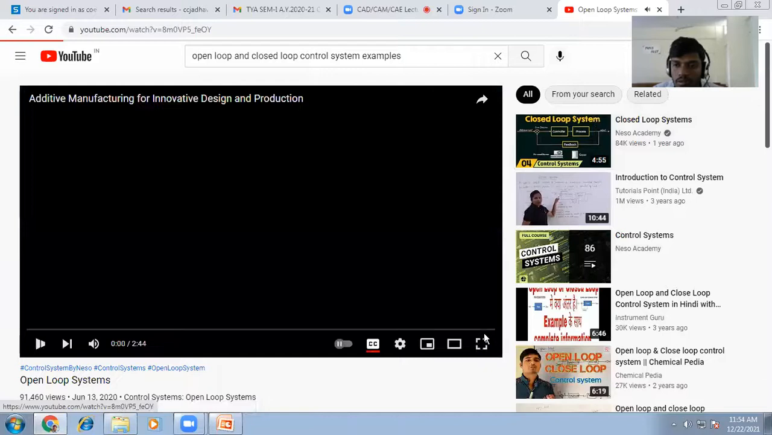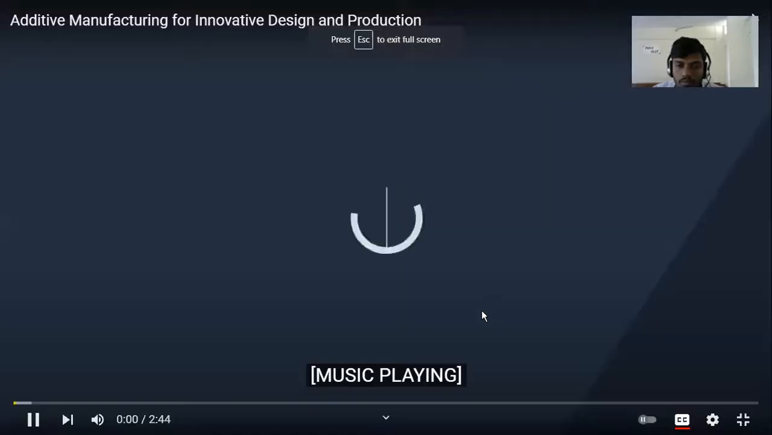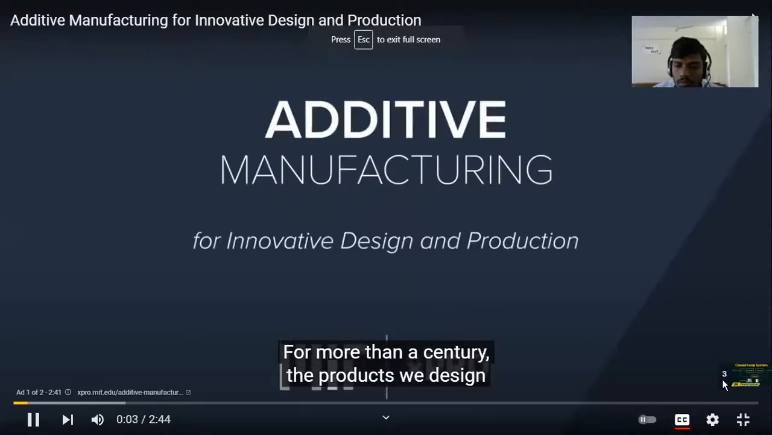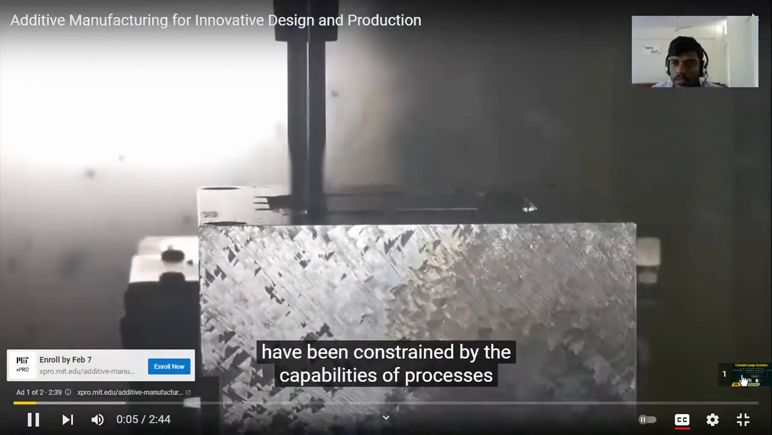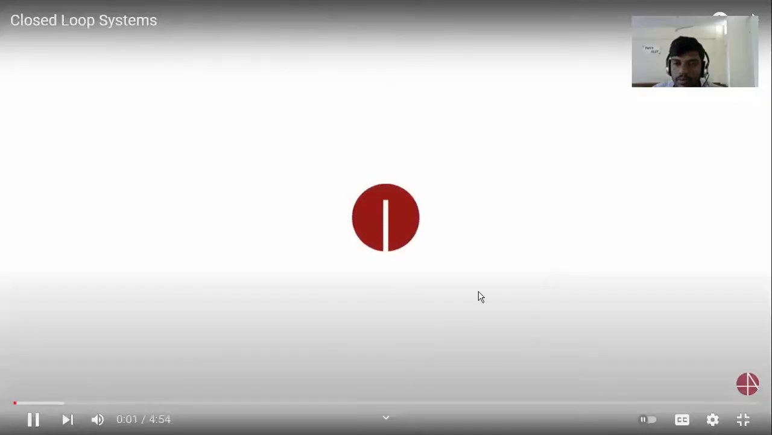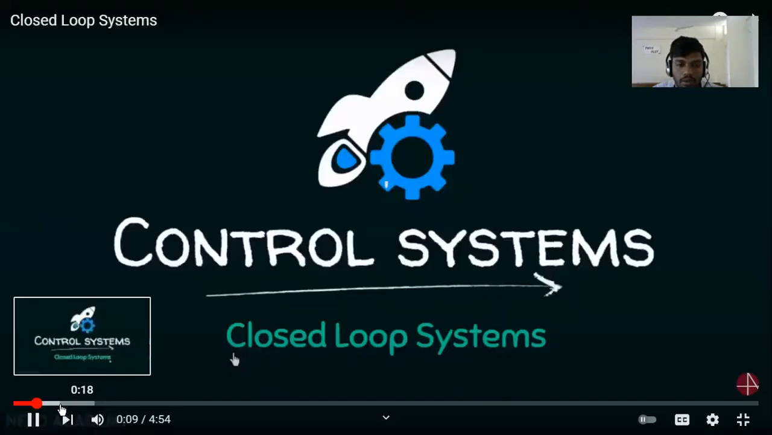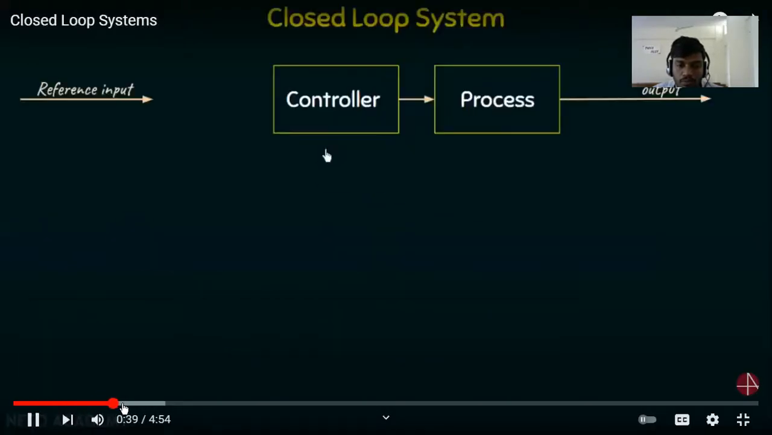closed loop system. For more than a century, the products we design have been constrained by the See capabilities of more processing. example, we will understand and will what is the closed Of loop control system, what is the open loop discussion. system. And let's see how we have already discussed in the previous